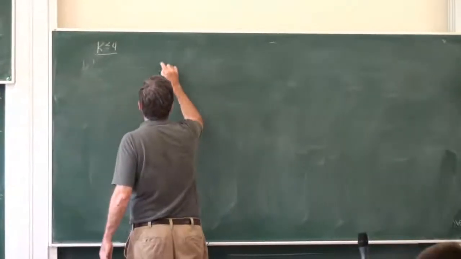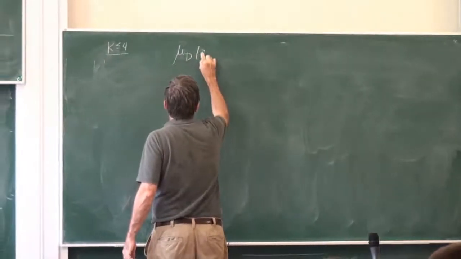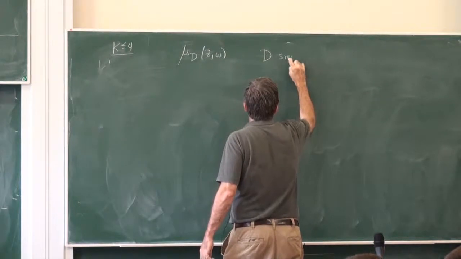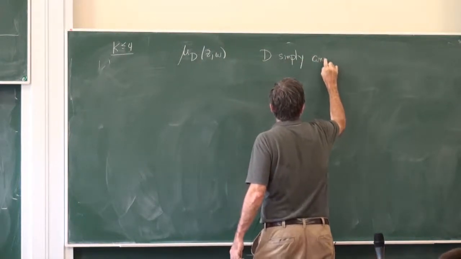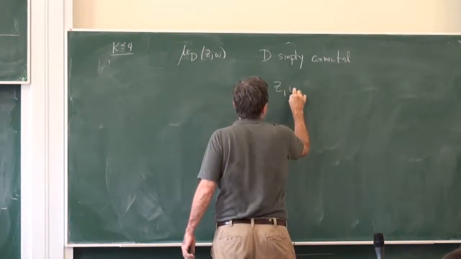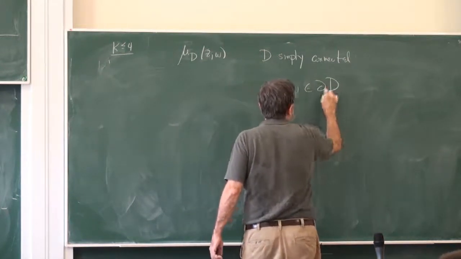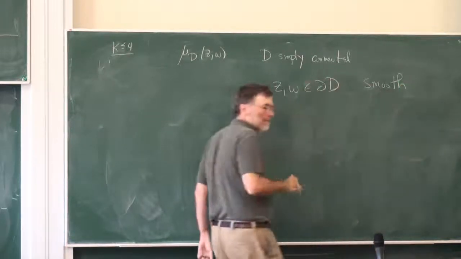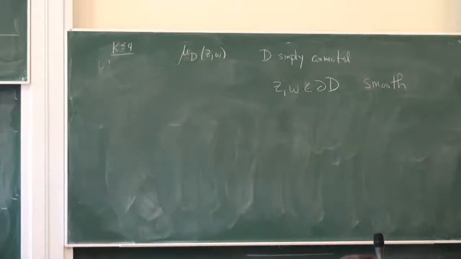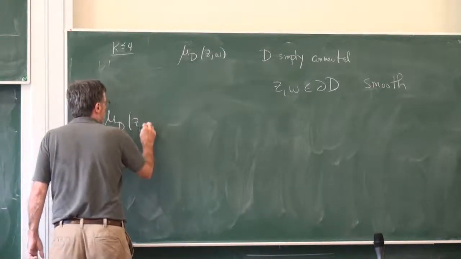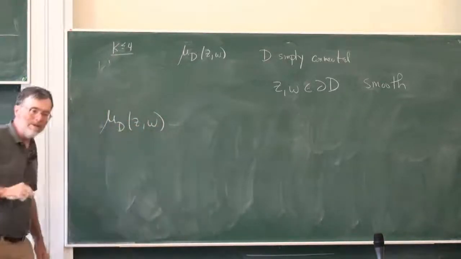So let's look at μ_D(z,w), where D is simply connected and z and w are in the boundary of D. And for the time being, let's assume that the boundary is smooth near those points. Then I will define SLE from z to w in D